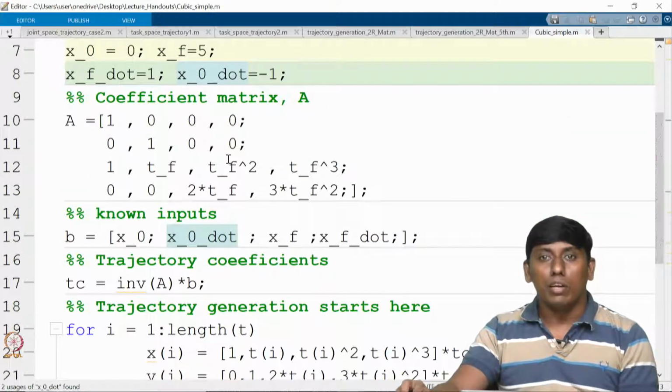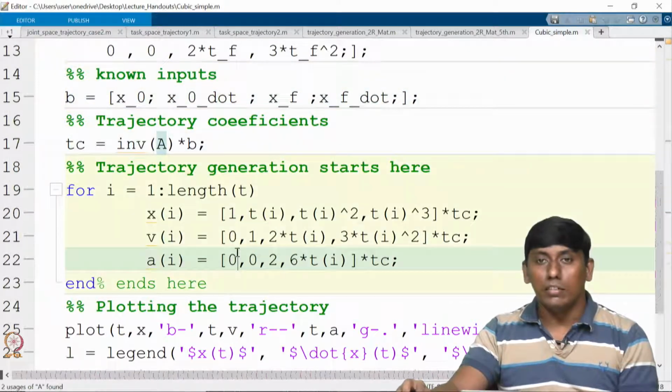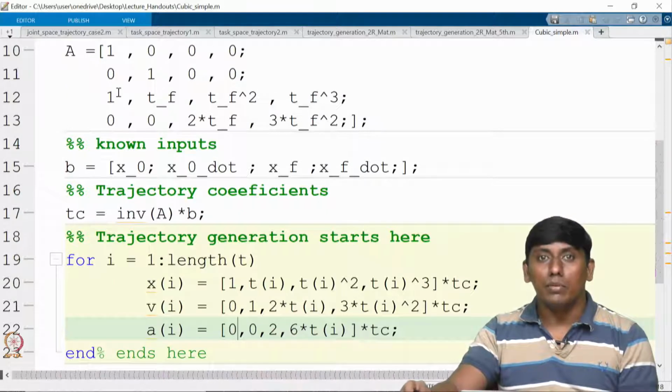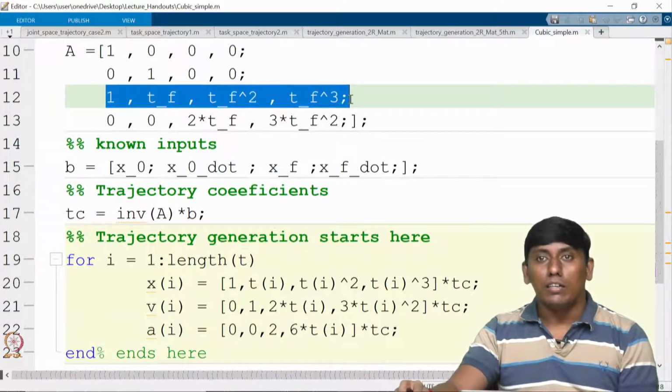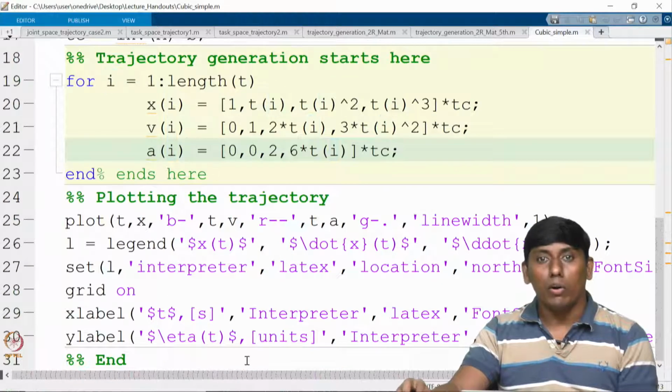So now we are taking this B and then TC we have done, and this matrix whatever we have obtained, the CA, from there you can see this is the time base. So now this we can convert into T of i. So that is the relation, and this way we can write velocity and acceleration, and we can plot in this way.